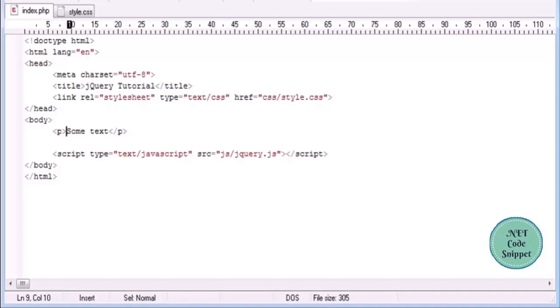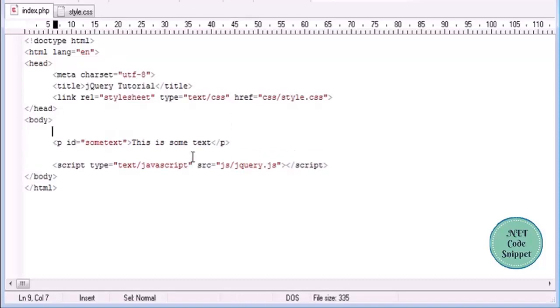So let's go ahead and keep this paragraph and just type this is some text. I'm going to give an ID to this paragraph, so that's just going to be some text. And we're going to create a button which will actually apply a particular class to this paragraph. So we're going to apply a class to this some text paragraph. So let's go ahead and create another paragraph up here with an input button inside. This is going to be a button, the value we could say apply